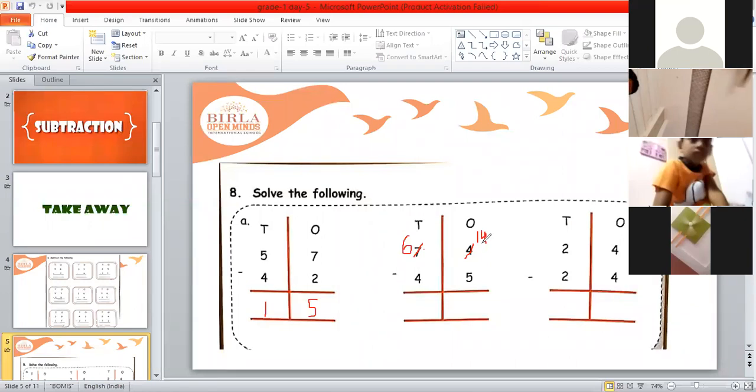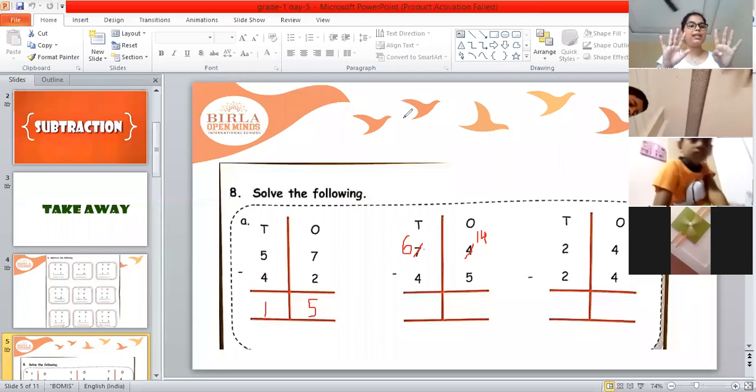So we'll take out our fingers one by one and then we'll count. Children, look here how we are going to do this. We'll start counting after 5 and count till 14. So after 5: 6, 7, 8, 9, 10, 11, 12, 13, 14. So how many fingers now? 1, 2, 3, 4, 5, 6, 7, 8, 9. How many fingers? 9 fingers. So this means 14 minus 5 is equal to 9.